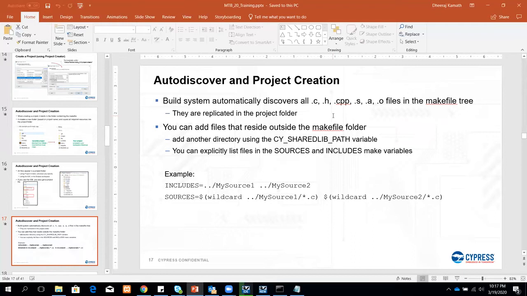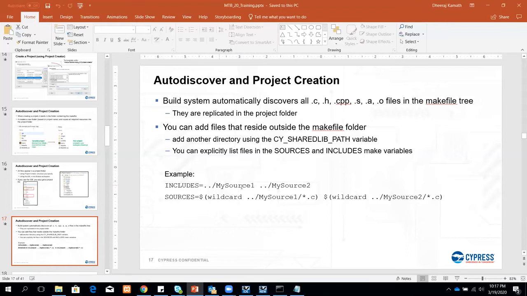Okay. And the makefile has some variables called includes and sources, which allow you to tell what directories to consider apart from the makefile directory as part of your build. And you can specify that.